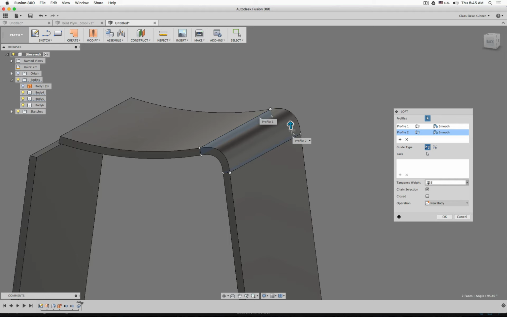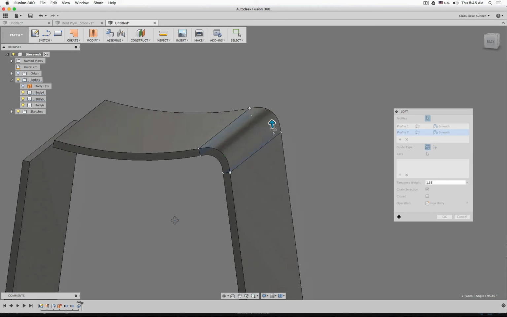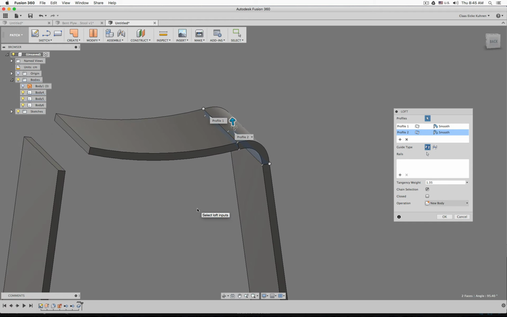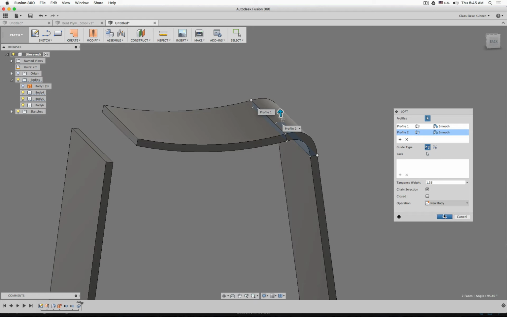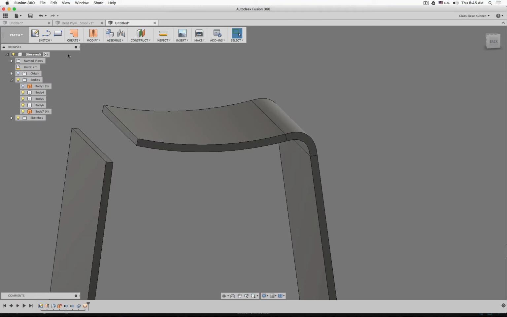These tangency weights, you see here also we're talking with weight. In Blender I introduced you to edge weight. Here we use basically the concept of applying a weight as well. It just doesn't work on a per edge basis, but here it works basically on the face and how it weights. So click OK, and now we can go to